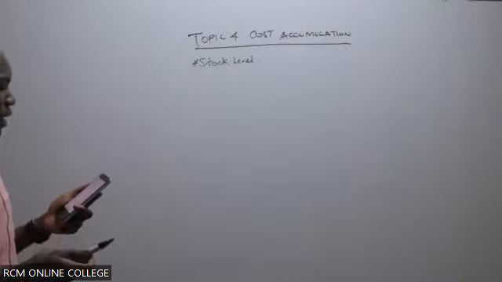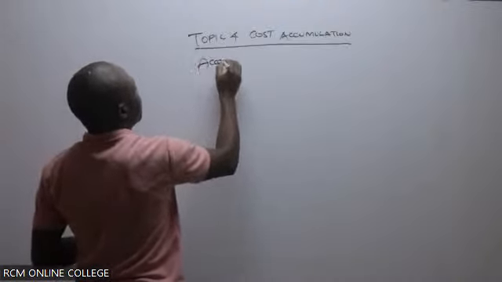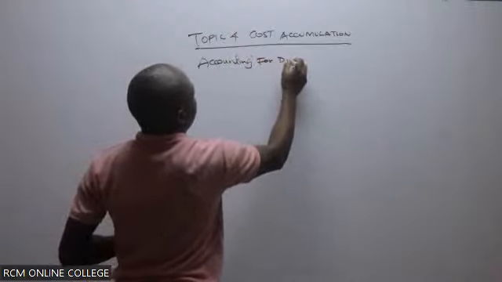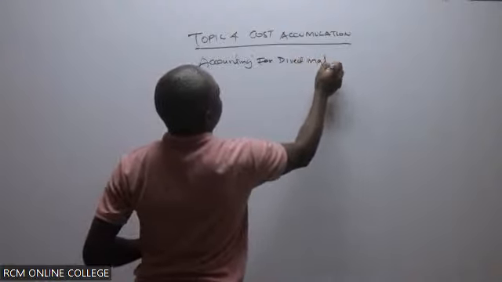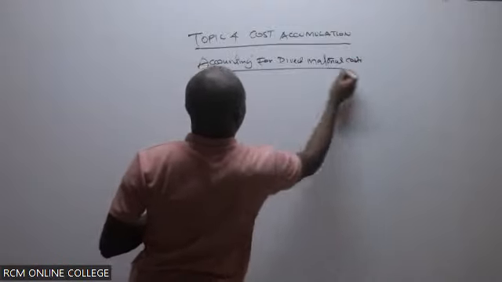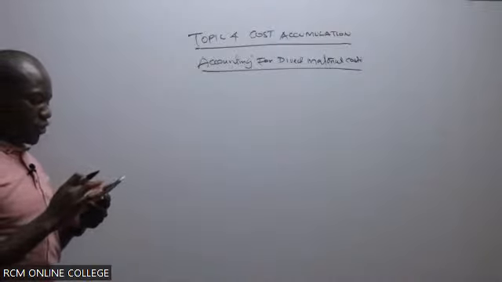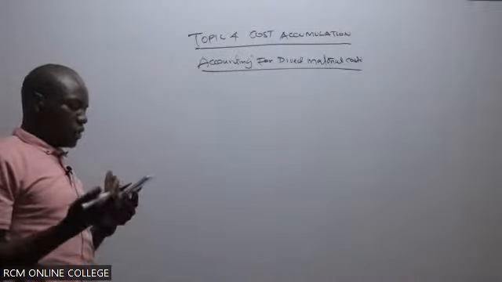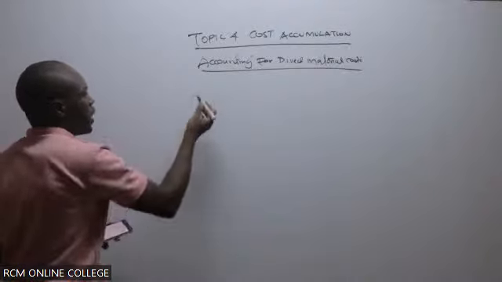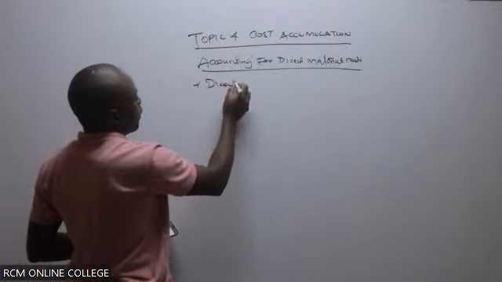So the first thing that we have there is accounting for direct material cost. So under that, when you're going to account for direct material cost, you can see introduction to material costing. So all of that is basically story. Direct material, you know, under material, the direct material that we are talking about here,